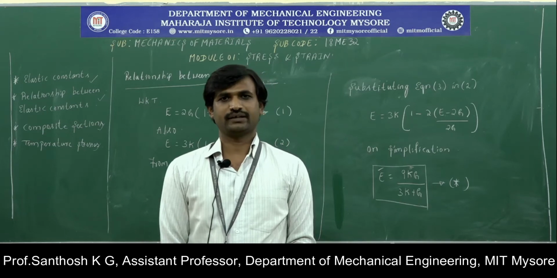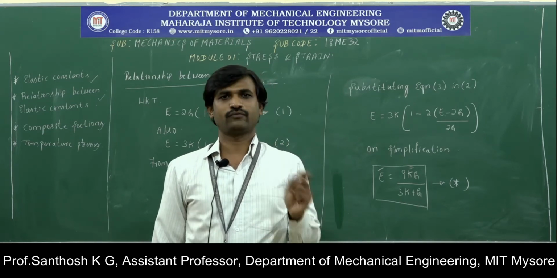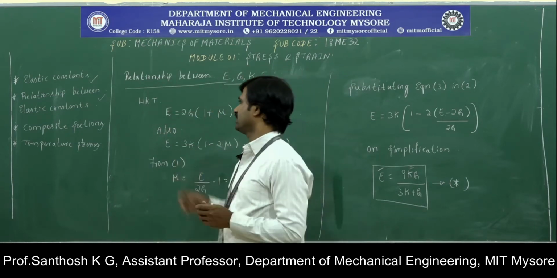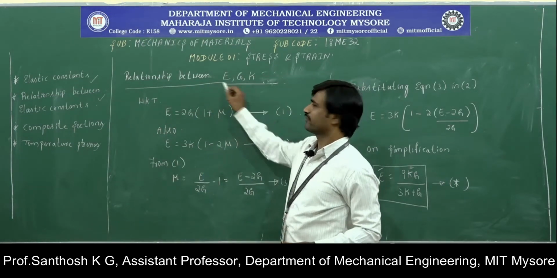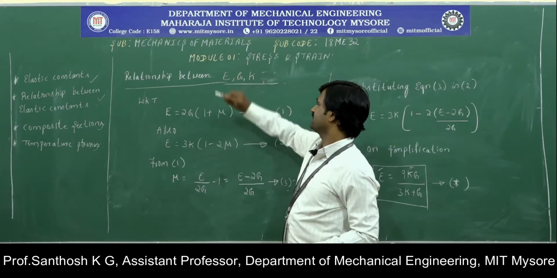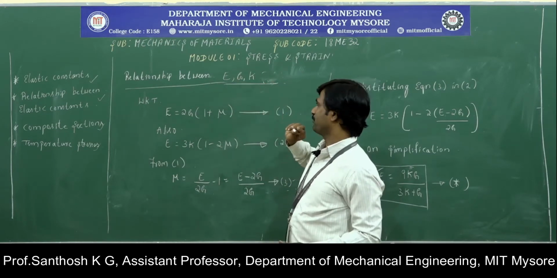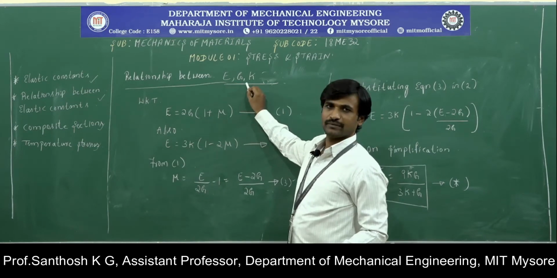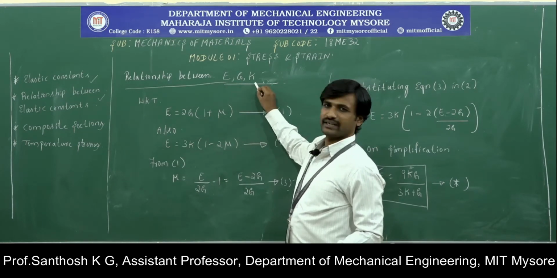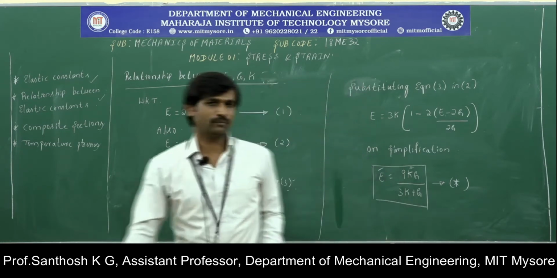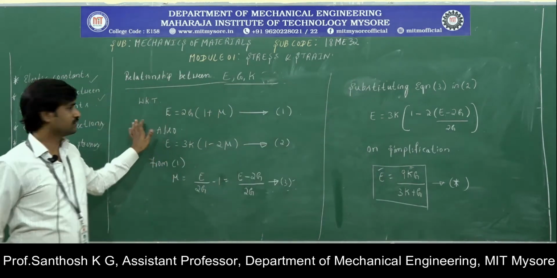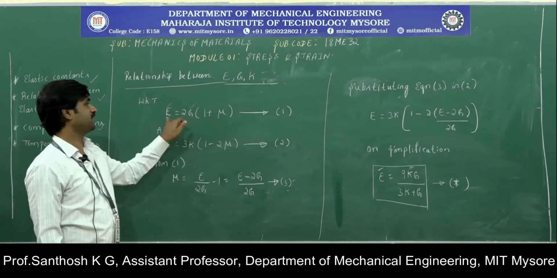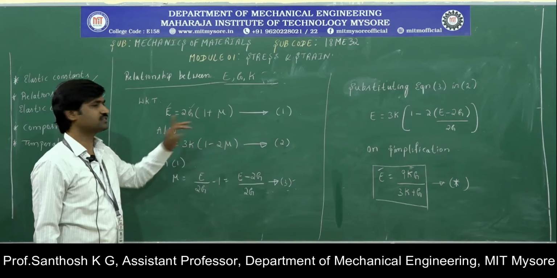After learning the definition of elastic constant followed by different types of elastic constant, now we shall try to relate the various elastic constants, that is E, G and K. E represents Young's modulus, G represents modulus of rigidity and K represents bulk modulus. We know that the Young's modulus and modulus of rigidity can be related by the equation E equals 2G